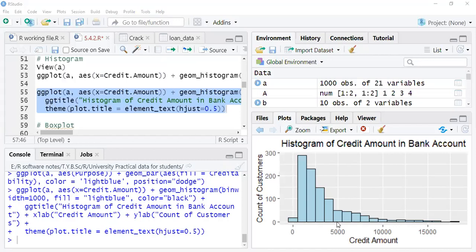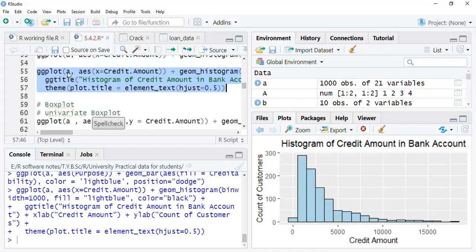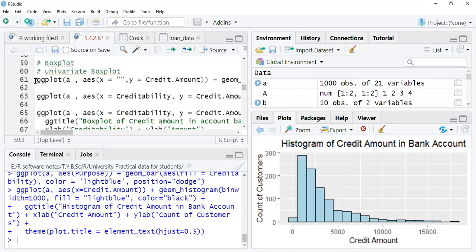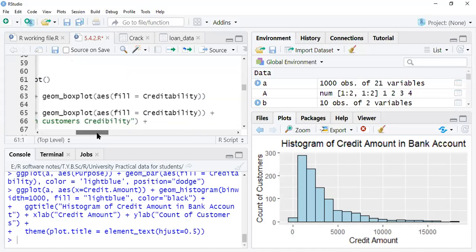I hope when I zoom it, you cannot see it, but I have to share the zoom part also. But anyway, you can just access this small part, the right bottom, because otherwise I have to zoom and share another page. That was regarding the histogram that we have seen. Then we have seen the box plot of your credit amount, and then we have to fill again the creditability,